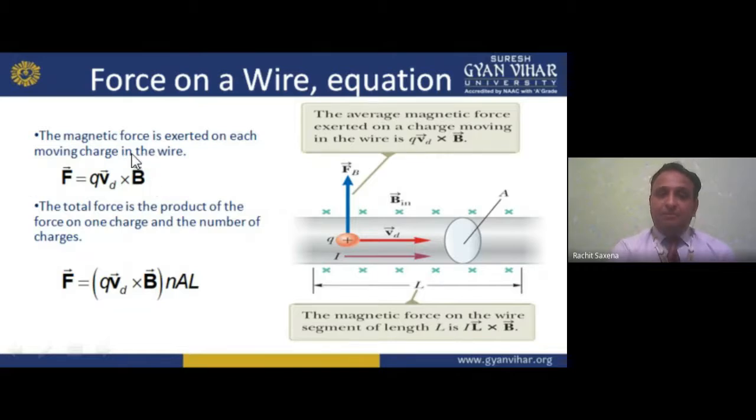This is for a simple moving charge, but if we have a number of charges, this equation will change into this one. Here is a diagram that shows how it works, so I hope you understand it better. I am showing here q, because the charge is moving with the velocity, so q v_d is called I, into B, the magnetic field. So force is exerted, and that is the value of the electromagnetic force. I hope you understand the basics related to electromagnetic force.